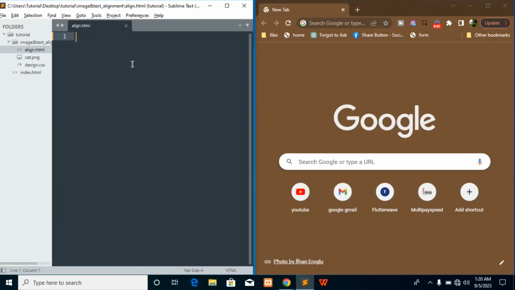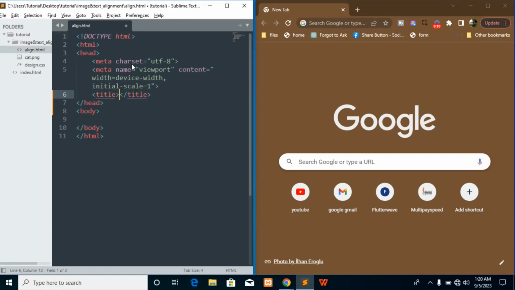So I'm going to teach you how to align your text responsively using HTML and CSS. First thing you want to do now is to open your HTML tab and let me write in my title, aligning image and text.